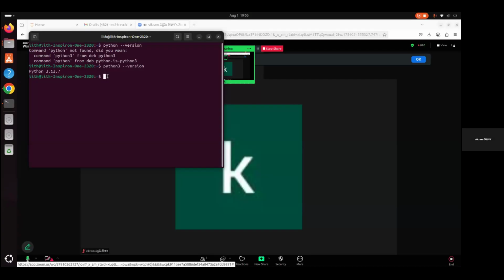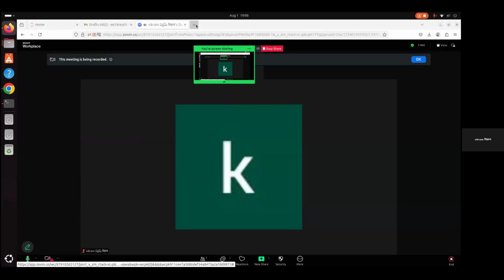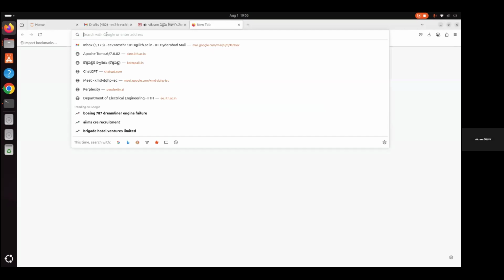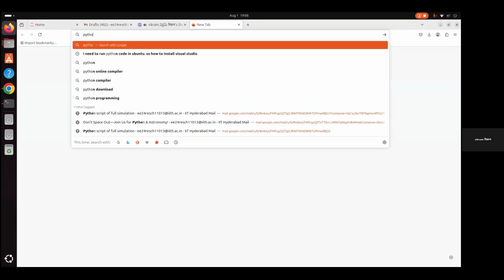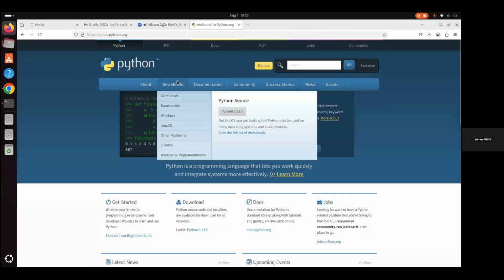But suppose if that Python is not available already, then you can go to a browser and type Python, like what we did in the Windows systems. Python.org you type, and the official website will come. In that you go to downloads and see other platforms.